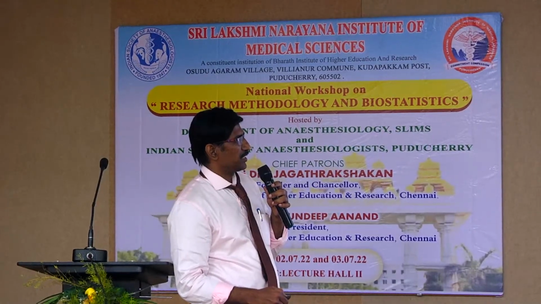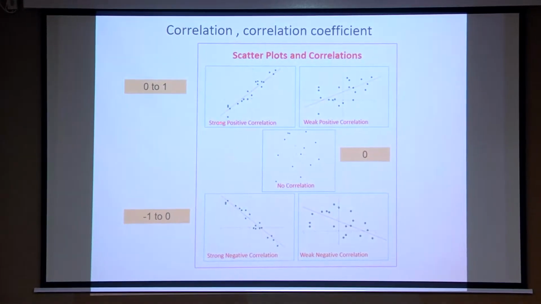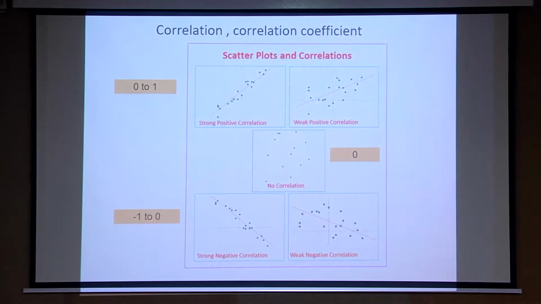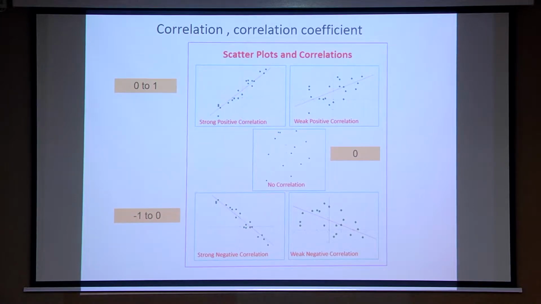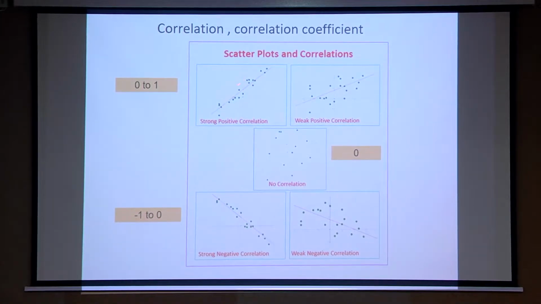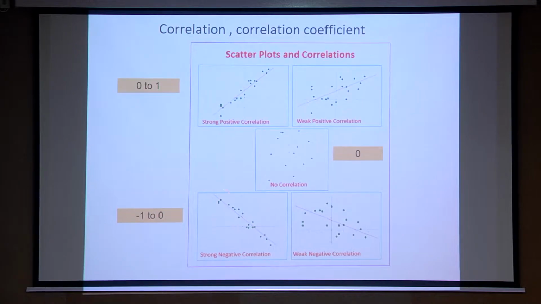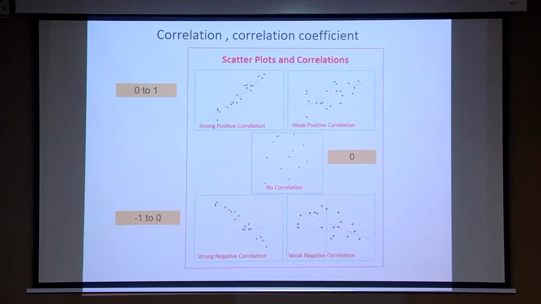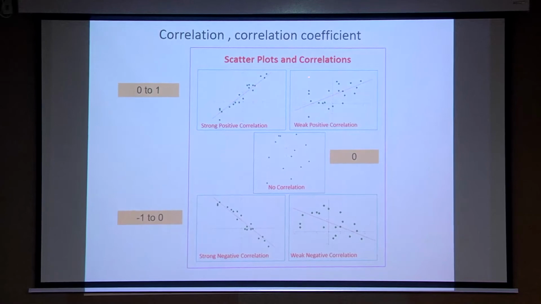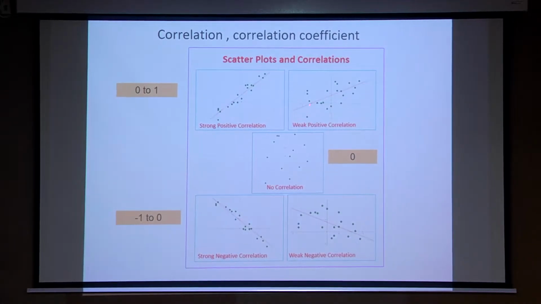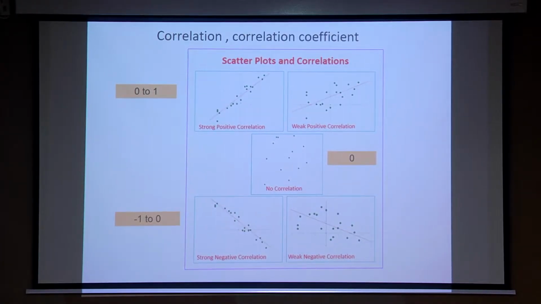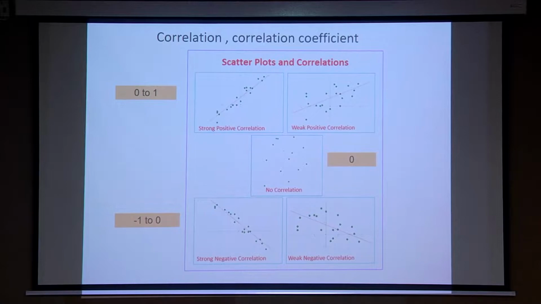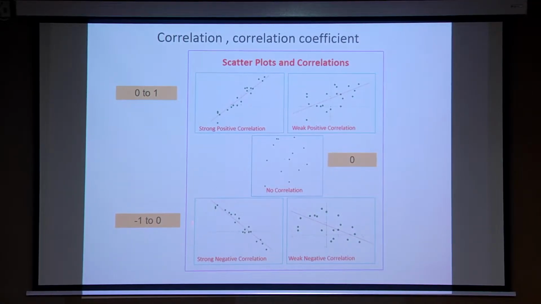Coming to the correlation, to assess correlation we apply the scatter plot, with placental thickness on the x-axis and the gestational age on the y-axis. We are going to get pictures like these. In any one of these pictures, as one increases the other also increases, so there is a positive correlation. Here there is a positive correlation but it is weak. And here there is no correlation. If you get a scatter plot like this, it means placental thickness has no correlation with the gestational age, and there is no meaning in measuring the placental thickness.